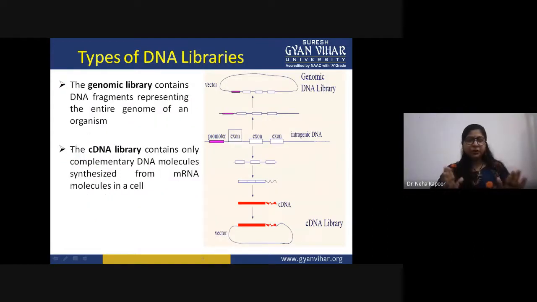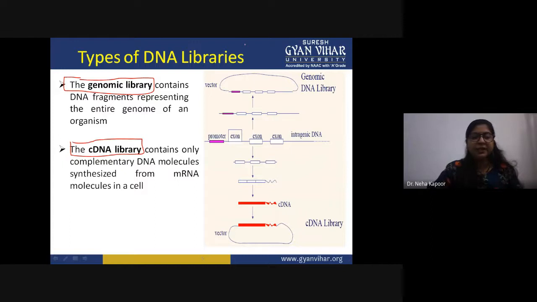So, having talked about what gene libraries are, what their uses are, and in what areas we can use them, another important thing is: what are the types? Are there many types or few types? There are two types of gene libraries or DNA libraries. First is the genomic library and second is the cDNA library. So there are two main types, genomic and cDNA.